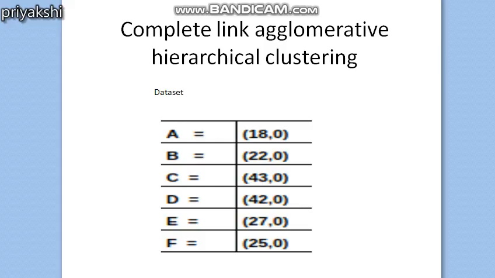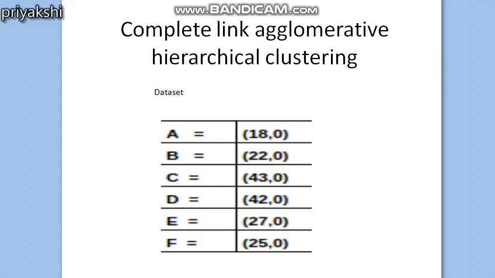As you saw in the last video, we implemented single link agglomerative hierarchical clustering, in which we take the minimum value whenever we merge two clusters. We take the minimum value between the two clusters. Fine. So now, in this video, we will see how to perform